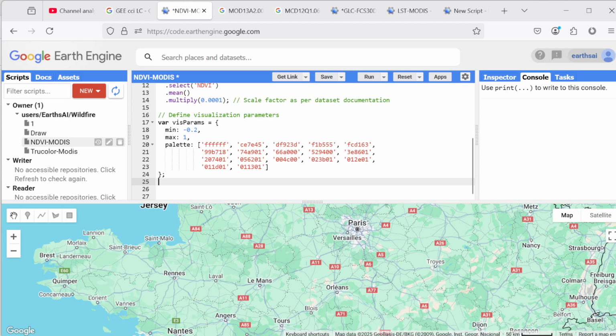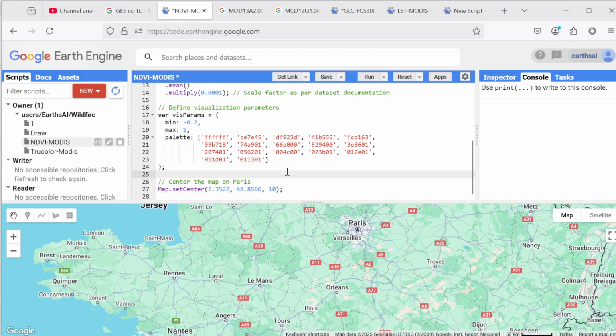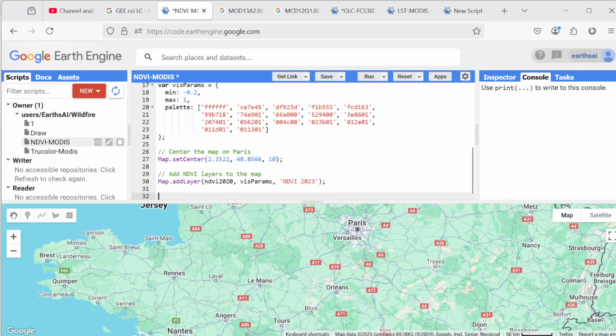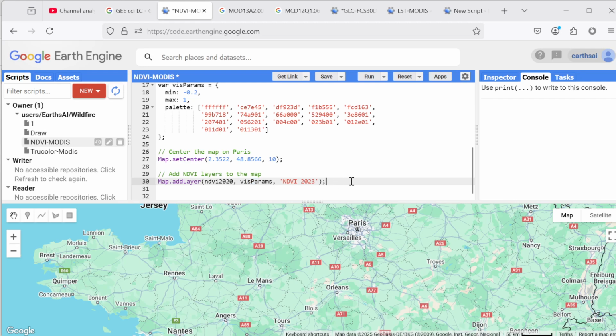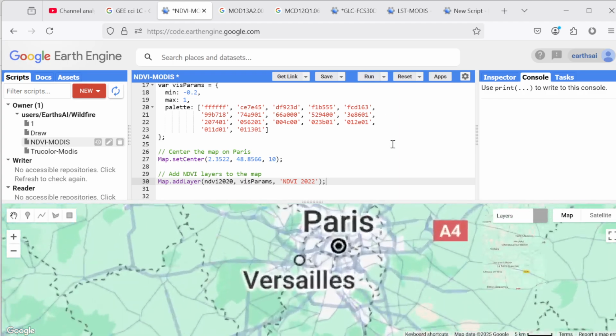And after this we need to add center to map, so when you run the code, it starts from the center of the map. And after this we need to add the layer of NDVI created above. I write Map.addLayer NDVI 2020, and the visualization parameter I described above, and NDVI 2023. I can edit it to 2022, and we can run it,